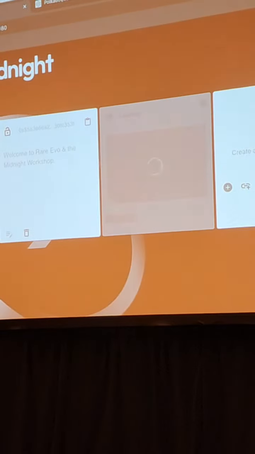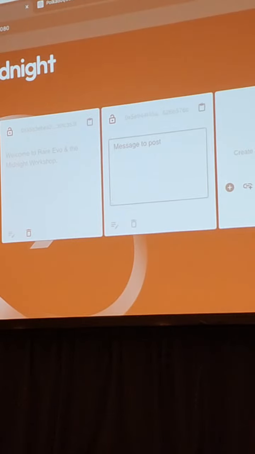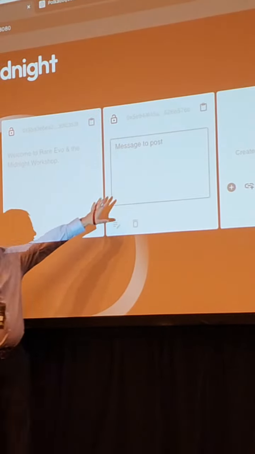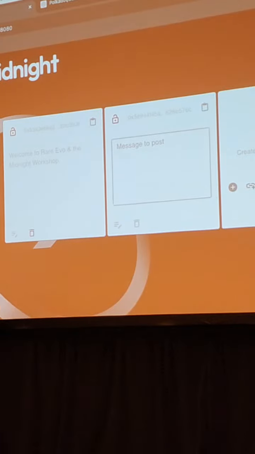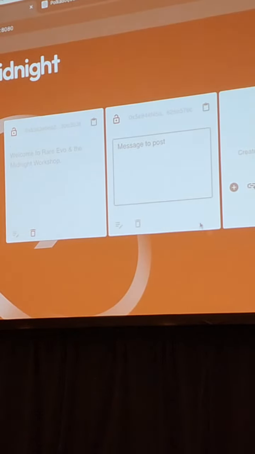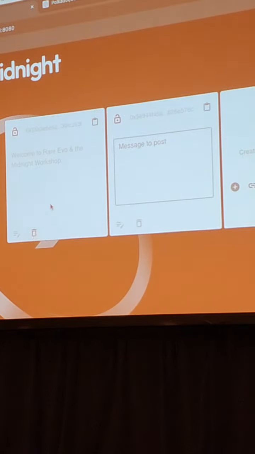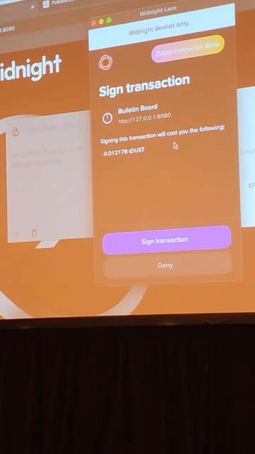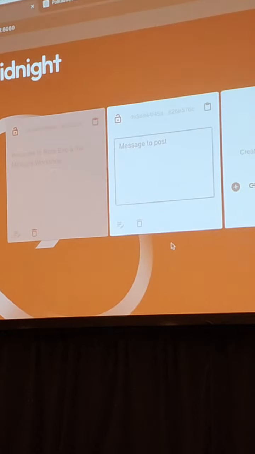So I have 2 contracts deployed. You can see that one of them is empty, and one of them is full, and you'll notice that there's a little interaction going on here. So this one was deployed by this device, and I can go and I can remove it, right? So it asks me for a transaction, I sign the transaction, it submits it to chain, you gotta wait for it to get to the chain, you gotta wait for a couple blocks to go by, but what will happen is it'll remove that particular bulletin board.